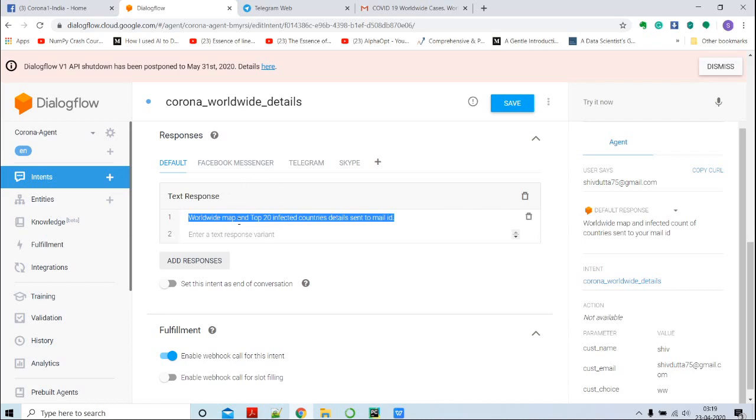Once all these things are done, I need to integrate with the channel. For integrating with a channel, I have to go to the integration tab.